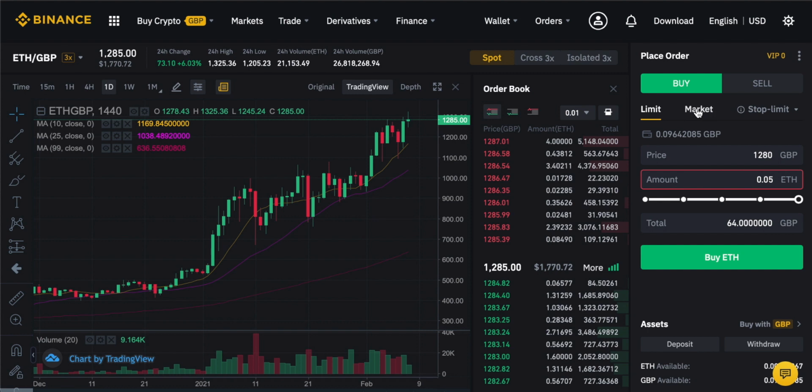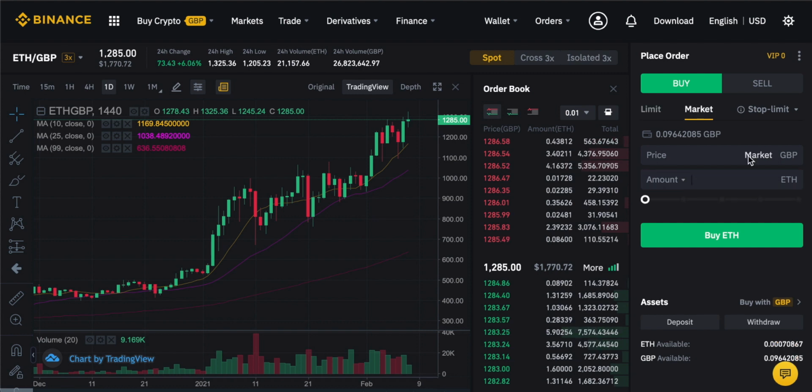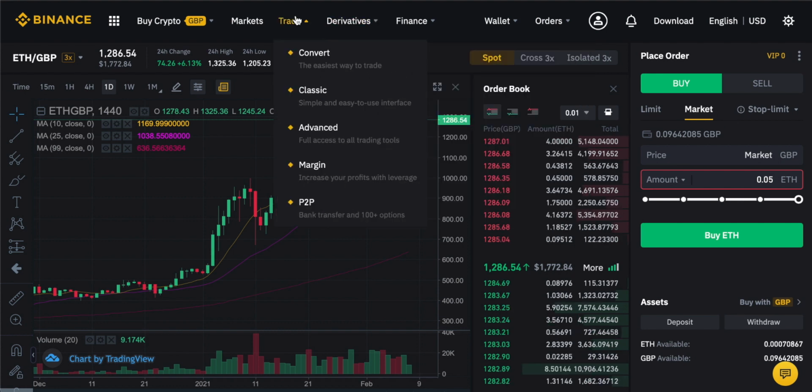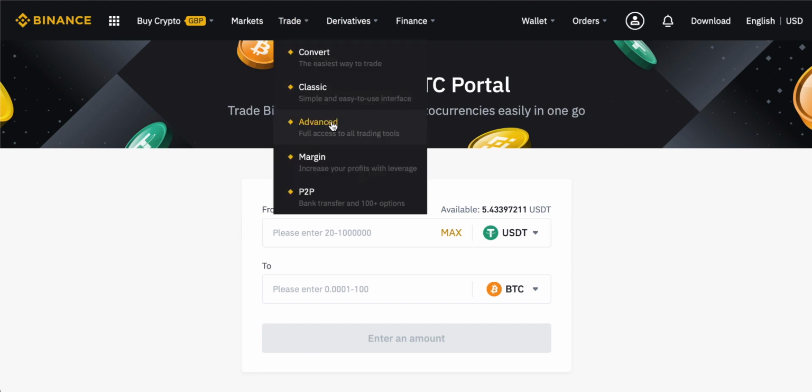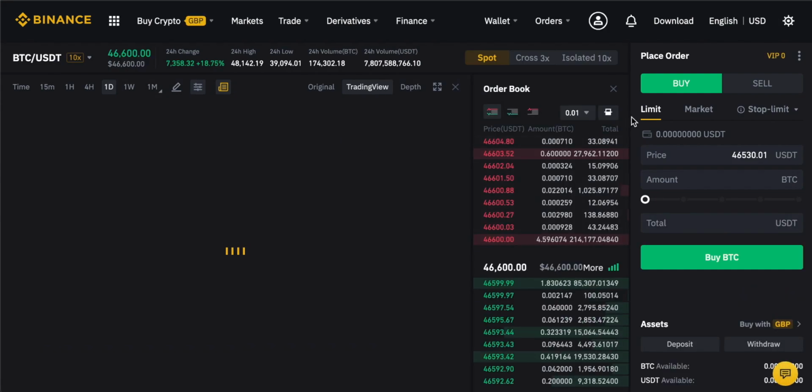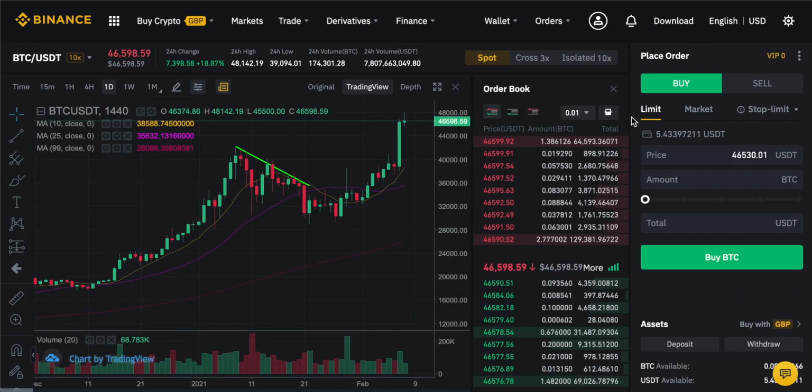If this is too complex for you, or you really just want to go ahead and buy, you can actually just choose a market order. A market order does not choose the price, you just choose the amount of Ethereum that you want, so 0.05. You can see there is no price on screen because Binance doesn't know what the price is. It's only going to settle on a price once you press buy, and it goes into the market and gets whatever price is there right now, and you will buy those Ethereum instantly. A market order is exactly the same as going to convert and then choosing the currency pair that you want to trade. As I traded professionally for a few years, the advanced system just gives me a better feeling because I know that I have complete control over everything anyway.